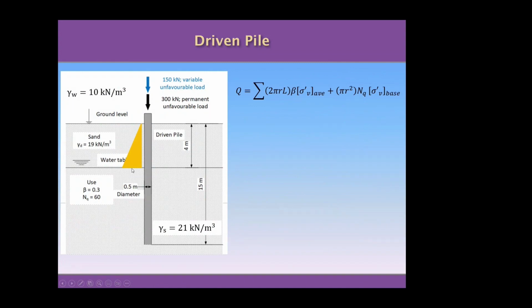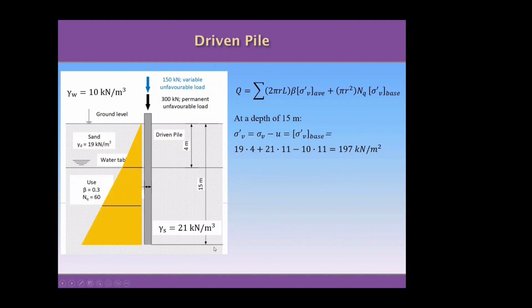But we need to continue calculating more effective stress for the second layer. So for example, if we want to establish the value of the average effective stress in this area in here, we need to calculate first the effective stress at the base of this triangle in here, so at the end of the pile. And for doing that, what we have is basically the previous one, 19.4 is the dry unit weight of the soil multiplied by 4, is the stress in here, or the pressure in here,